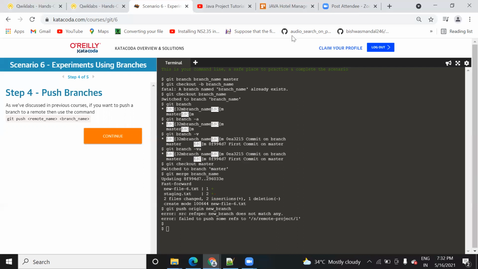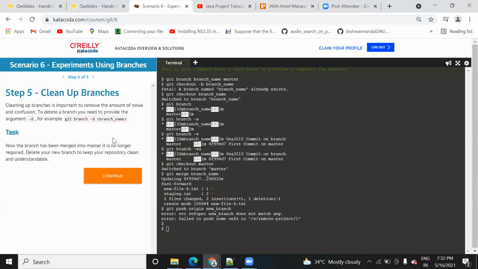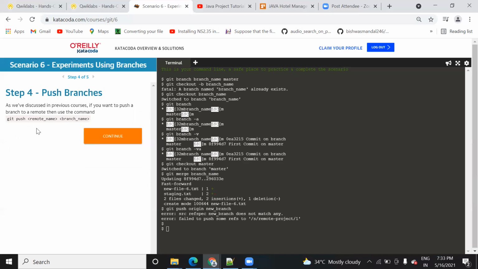Here, suppose we are working on this Katacoda category, right? This platform that they are providing you is running on one server of this Katacoda server. Similarly, you need to push the file, or you need to push the branch, to a remote by using this command. How are you going to do that? Just press continue. In order to do that, you need to click on this continue. It means that you are going to learn these few commands in the upcoming lectures. That is why no solution is provided here. They just gave you the hint of how you can do it. You need to use git push, remote name and a branch name.